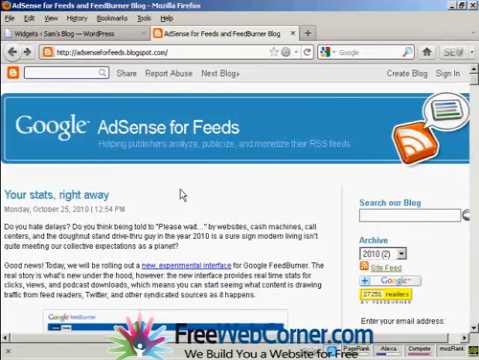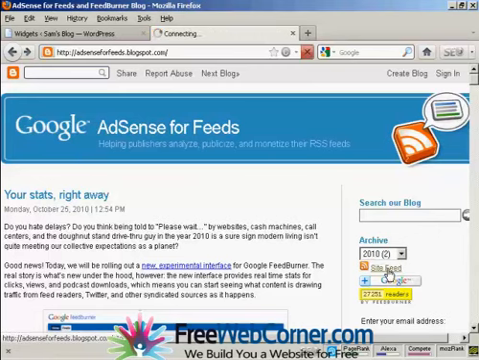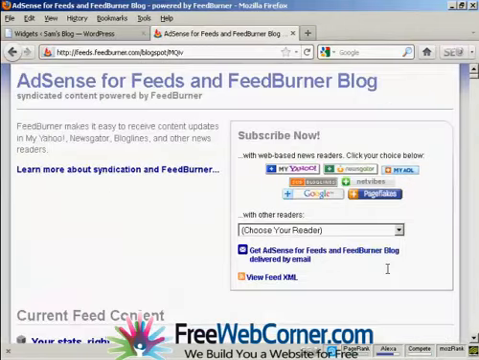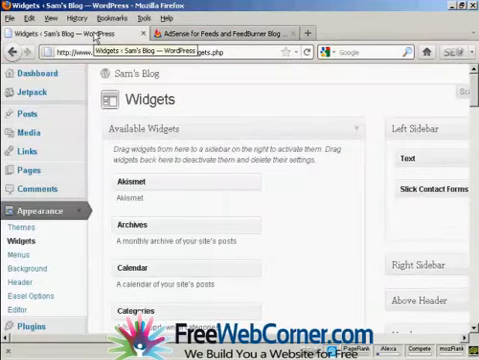But what if you want to import an RSS feed into your blog? Well, that's actually quite simple. What I'm going to do here is import the feed from this site, the Google AdSense for Feeds blog, and I'm going to click here where it says Site Feed, and I'm going to take this URL and copy it. So right click and copy,